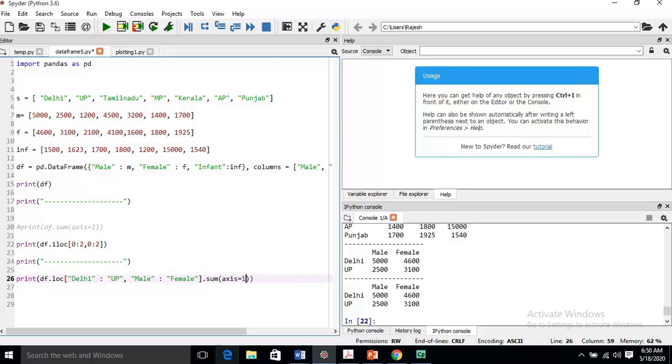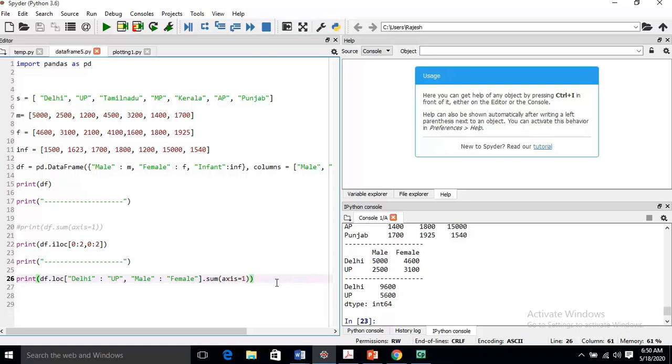Why am I writing 1? Because I need the result row wise. Press F5, you just see it is showing the result of Delhi, something like 90.